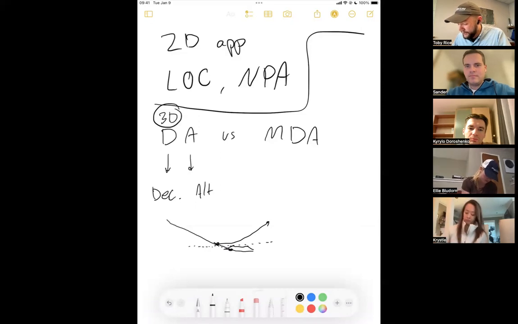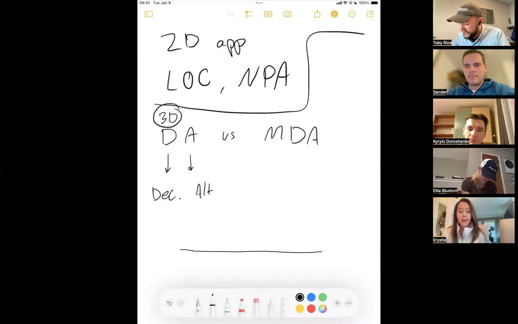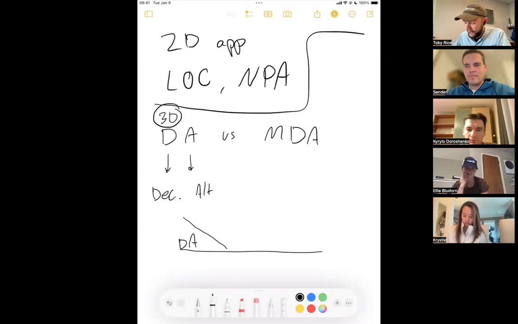And I'm going to erase this and zoom in a little bit to give a better perspective of what that really looks like. So let's say that this altitude here represents the decision altitude. This is our DA. And our glide path looks something like this, which is very steep, but this is just an example, right? So our glide path looks like this. Decision altitude might be this. If we get to this altitude right here,